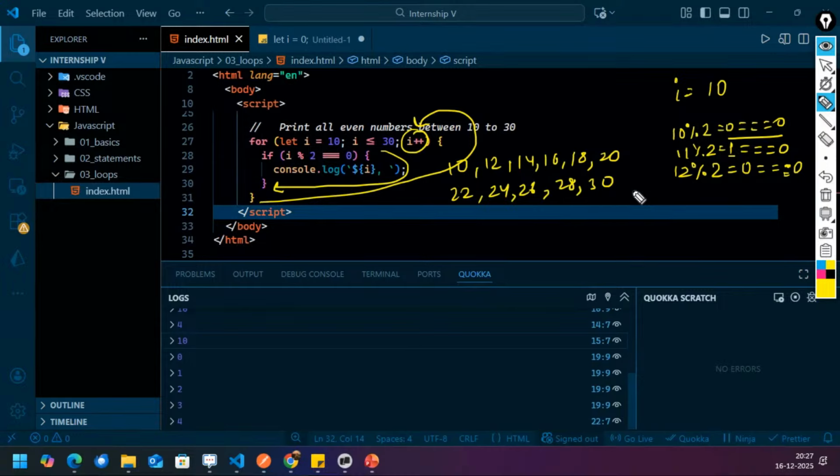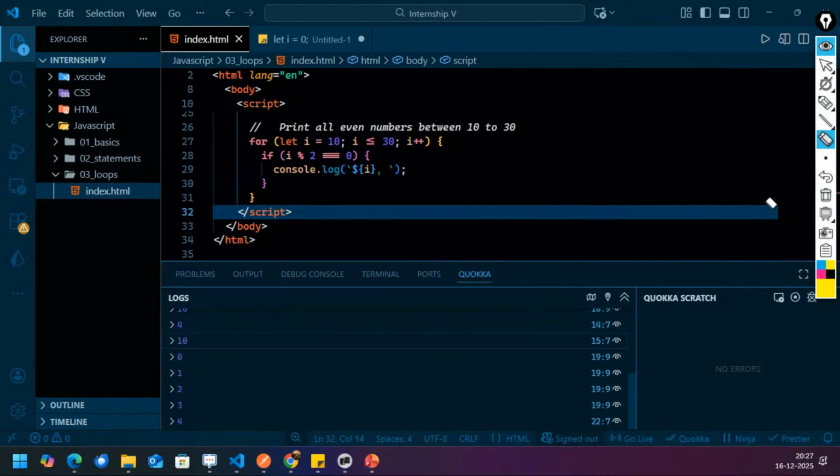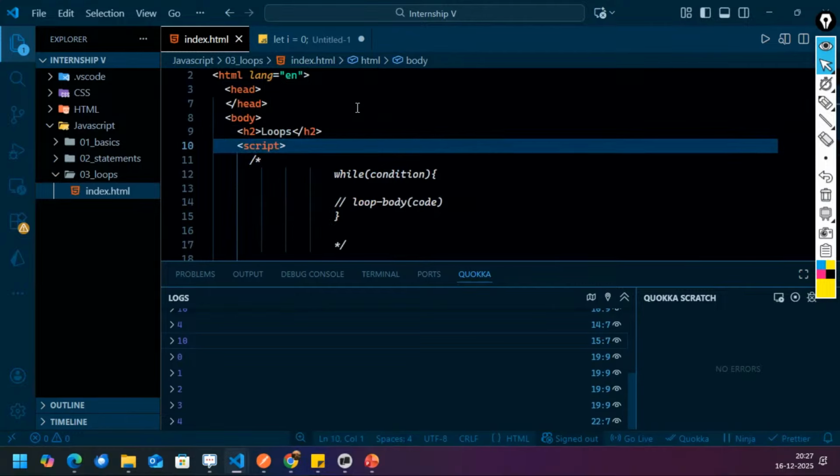So what you have done, you have written a program where it is printing all the even numbers between a specific two numbers. Now this specific two numbers, instead of writing 10 as a value, 30 as a value, you can also prompt it. Yes or no? So instead of writing like this, can I write, sir,